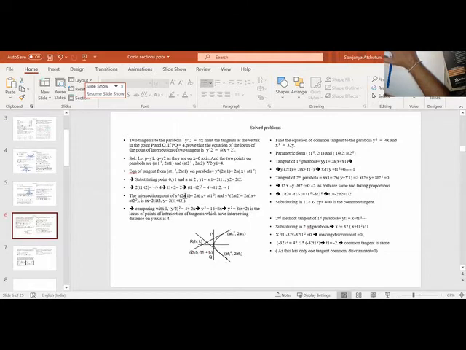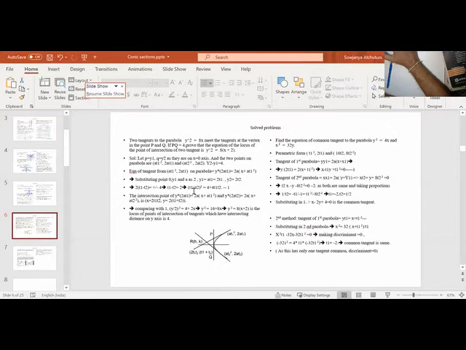y1 is equal to 2a into x plus x1. The second tangent is y2 is equal to 2a into x plus x2. When I solve these two equations, I am getting the intersecting point. My intersecting point's xy coordinates are 2 t1 t2 and 2 into t1 plus t2. So here t1 plus t2 can be written as y by 2.